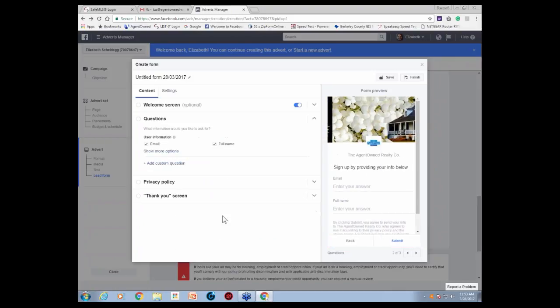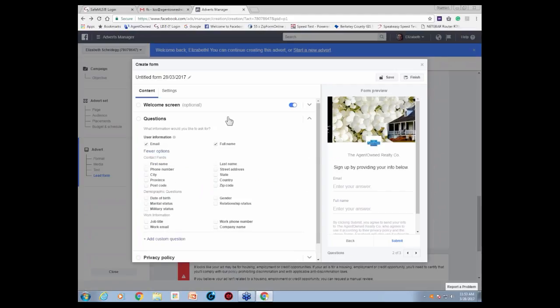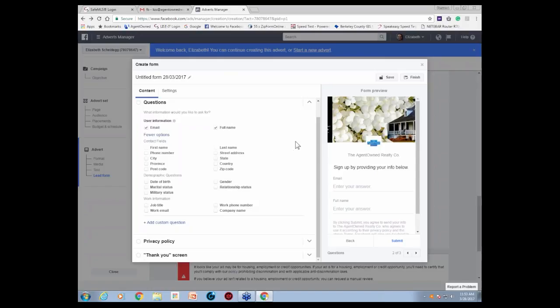Now, what information do you want from them? Keep in mind, people do not like to give without getting. So they are already saying, I don't know if I'm going to like what you're giving me, so I might be willing to give you a little bit of information, but I'm probably not going to give you a ton of information. So keep it simple. Email, full name. Maybe you also want their zip code. Where are they? Those are going to be the 3 things that they enter